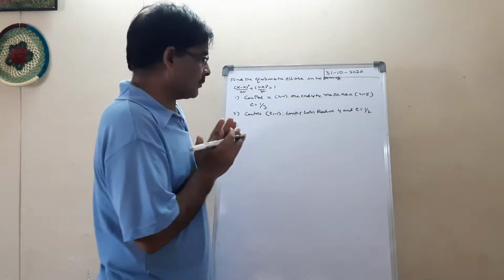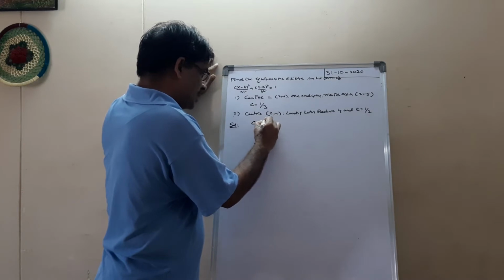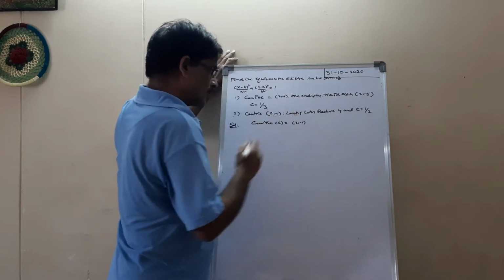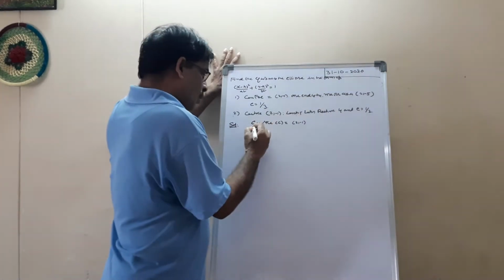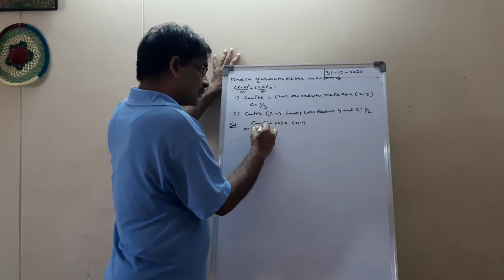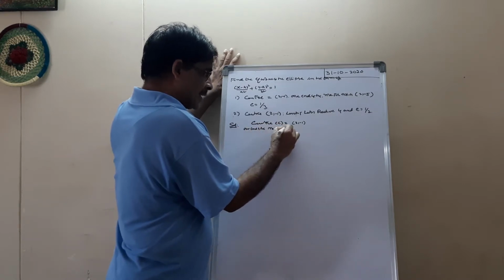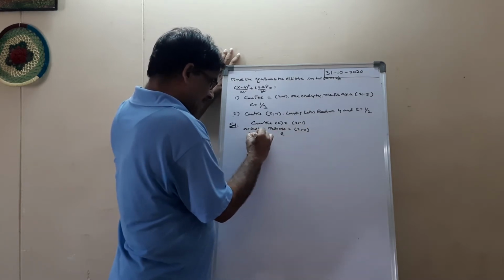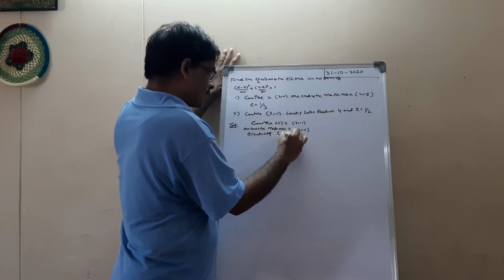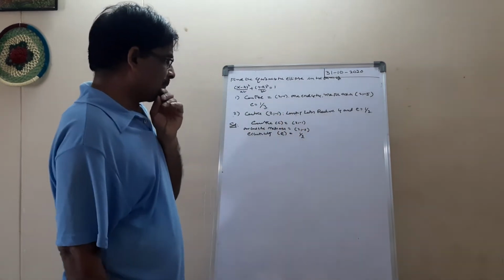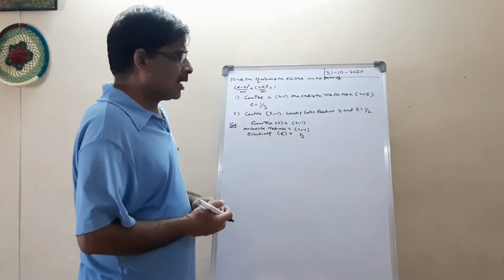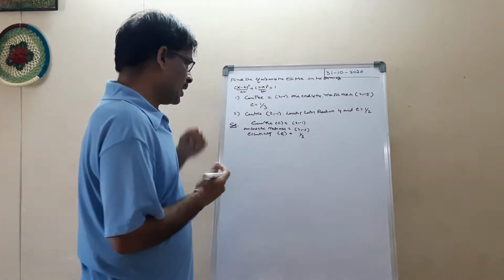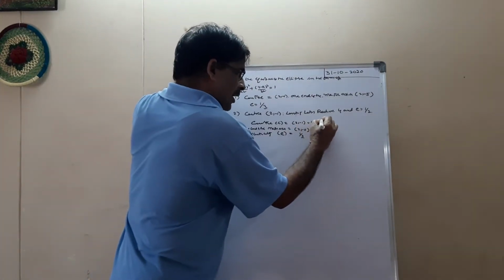Now write what is given. Center of the ellipse equal to (2, minus 1), and one end of the major axis is (2, minus 5), and eccentricity equal to 1 by 3. See, this is the first bit. With this information, let us find the equation of the ellipse in this form. Center means this is (h, k).